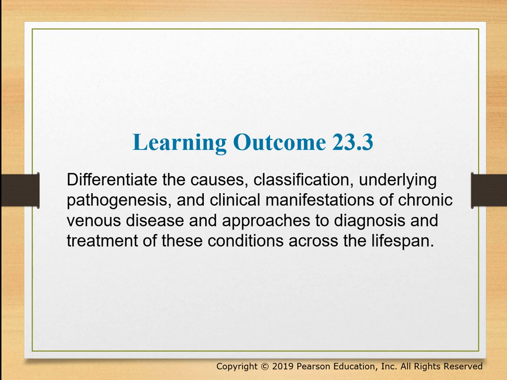Okay, hi, this is a continuation of chapter 23, which is the chapter on vascular disorders. We already spoke about the arterial disorders, essentially things that are affecting the arteries. This section starts about venous disease or disorders that are affecting the veins. And then the last part talks about hypertension or high blood pressure.